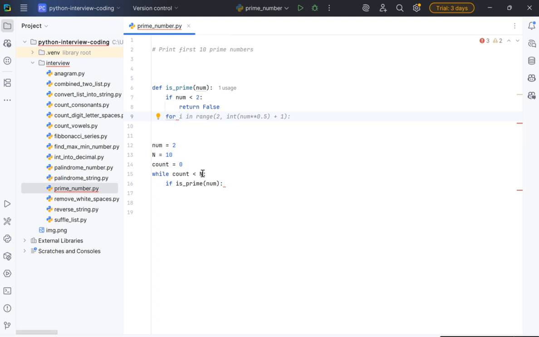Let's say 5 is sent to check. Then we will divide by numbers in the range from 2 to the square root of the number. In the case of 5, the square root is about 2, so we'll say 2 plus 1 is 3. So we will be dividing 5 by 2 and 3 just to check if the given number is prime or not. So let's write that code, for i in range